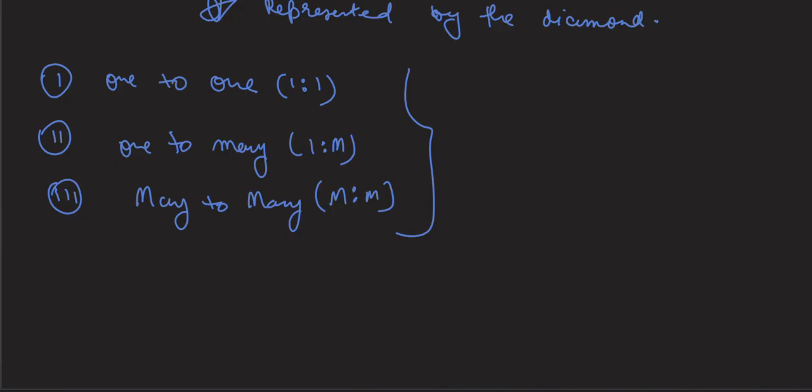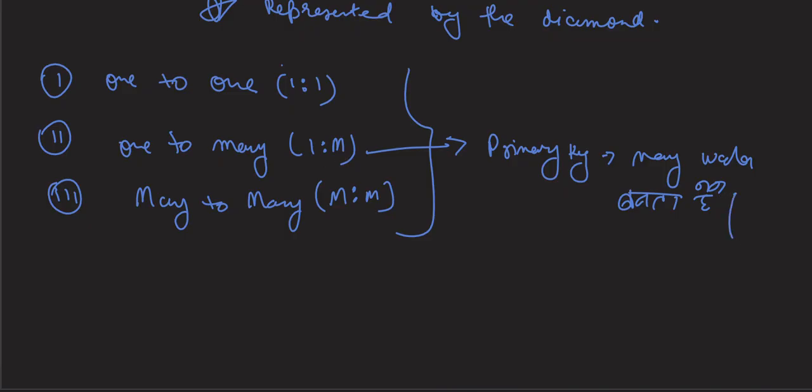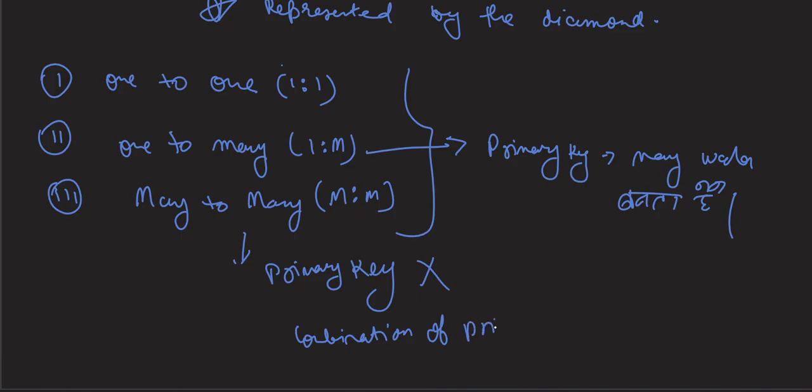हाँ, और एक और बात मैं आपको याद दिला देना चाहता हूँ कि वन टू मेनी रिलेशनशिप जब भी होगा, तो इसमें प्राइमरी की मेनी वाले साइड की बनती है। ठीक है, हमेशा याद रखिएगा कि आपका जो मेनी साइड होगा, वही हमेशा प्राइमरी की बनेगा। और मेनी टू मेनी में प्राइमरी की एग्जिस्ट ही नहीं करती। इसमें कॉम्बिनेशन ऑफ प्राइमरी की होती है, which is also called as composite key. ठीक है, तो आई होप अभी तक आपको समझ में आया होगा।